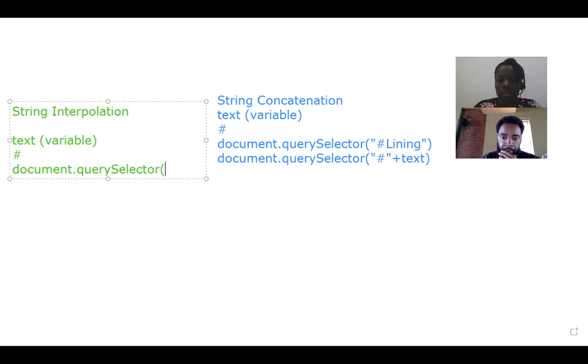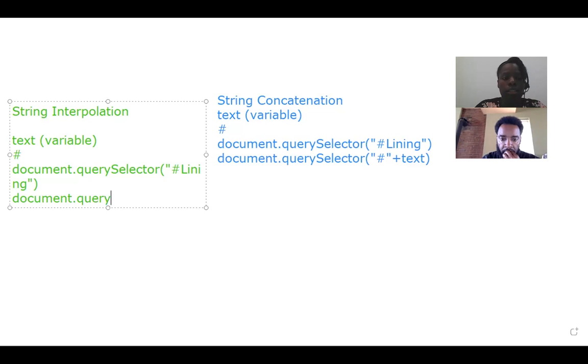For example, the hashtag lining. So now string interpolation says I'm going to do document dot query selector,